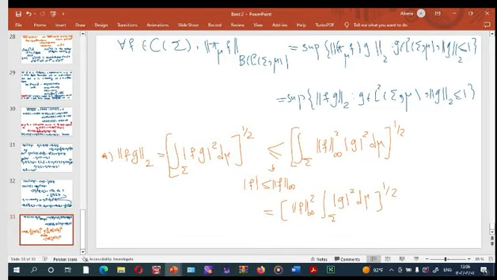This power and this power can be omitted, and we have the infinity norm of F,